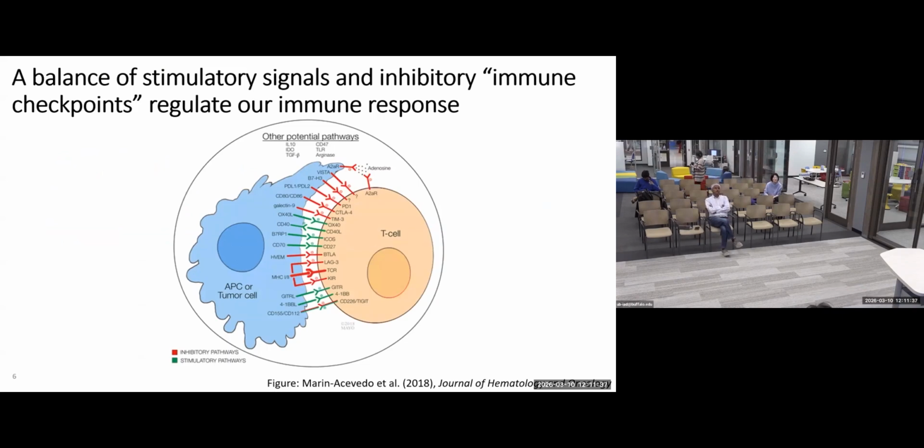If we look at this representative immune cell, it's covered in a set of what we can think of as off switches or on switches, so stimulatory and inhibitory receptors. The T cell here has a lot of off switches and a lot of on switches, but this antigen presenting cell or tumor cell is really, really good at selectively binding to the off switches. In a normal, healthy environment, there would be a balance of these signals so that our immune system is able to respond to an infection, but then downregulate before we reach a state of hyperactivity or autoimmunity. Cancer is really good at just turning it off, keeping it turned off.